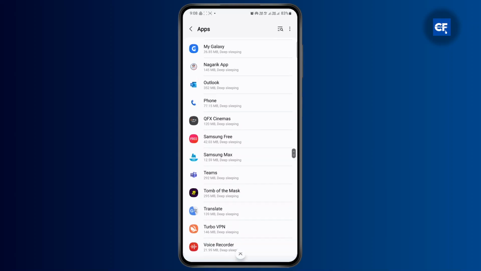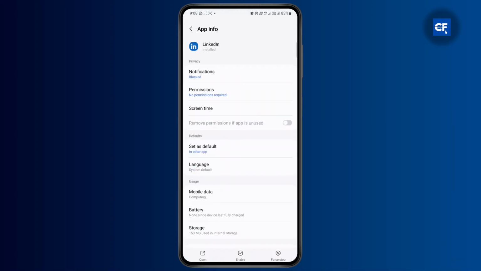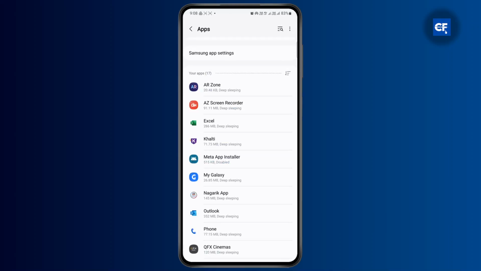There are other apps that are sleeping as well. So if I want to enable LinkedIn, I can open it up and then enable it from here. And that's how you basically enable the disabled apps on